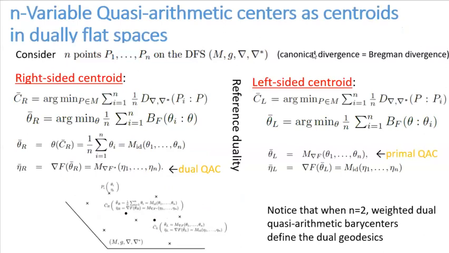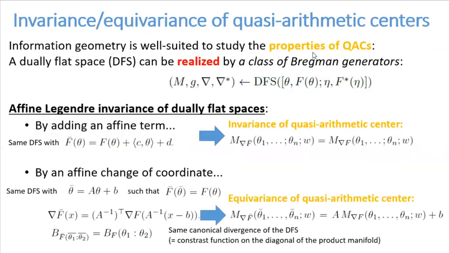And if I want to compute a centroid, like for example the left-sided Bregman centroid or the right-sided Bregman centroid, I can write it purely geometrically with this canonical divergence, according to a pair of connections. So this is a geometric problem, and this is the problem in the coordinate system. In the coordinate system, the barycenter will be expressed as a quasi-arithmetic average. And now we go to the question from before,